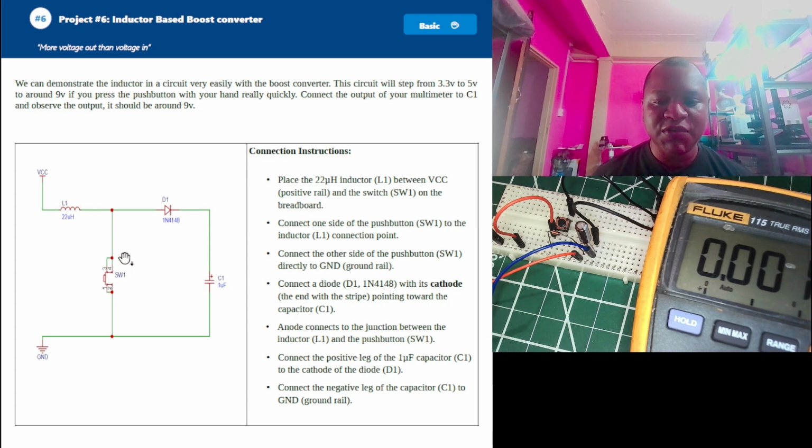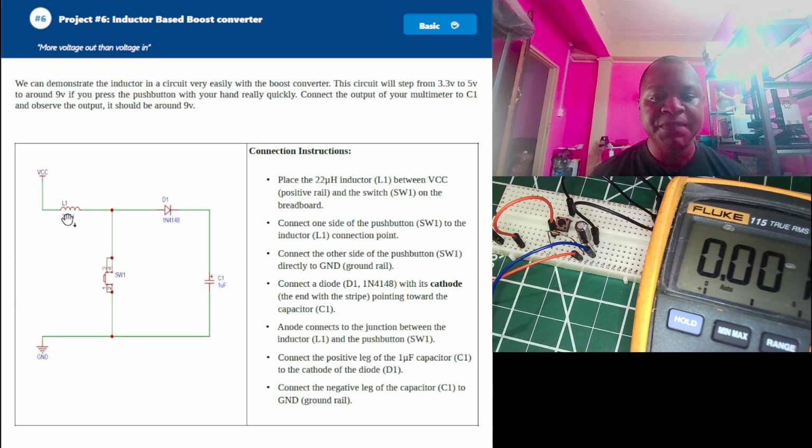When we open the switch, the inductor releases all the stored energy, causing a voltage spike that is higher than the supply voltage, right? And when you start working on power supply stuff with microcontrollers, with motors and other inductive circuits, you'll see that this is a dangerous property of inductors. It tends to create a big spike, but it's also a property we could exploit for things like boost converters